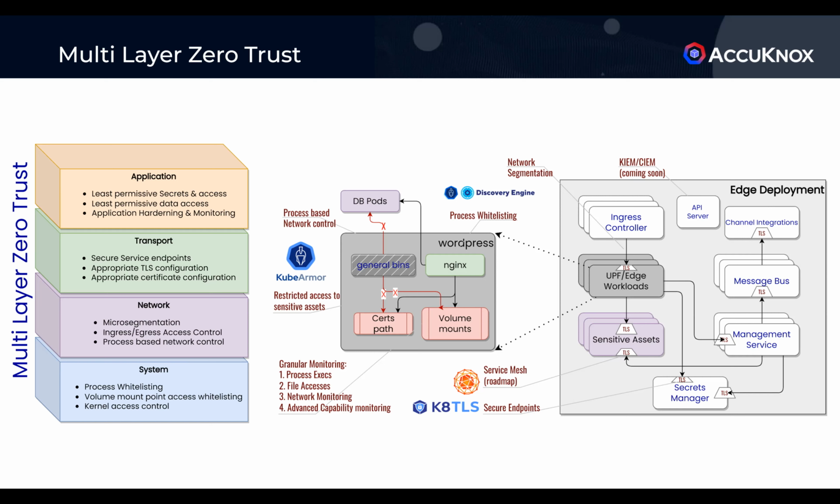eBPF can say, there are two models. One is you learn the application behaviors and see that these are the only processes that need to be allowed execution within the target environment. And within these, only these processes need access to the network primitives, and only these processes need access to certain sensitive data points, like volume mount points within the pod. Today, the fundamental problem with Kubernetes as a design is that within the pod, almost everything has unrestricted access to everything else. You have multiple containers. Yeah, that's the fundamental problem that is tackled by eBPF today.